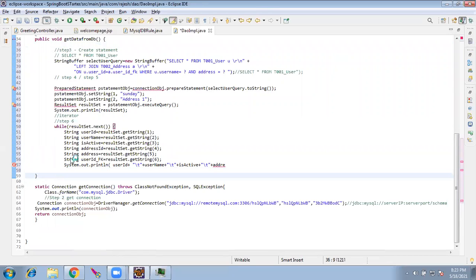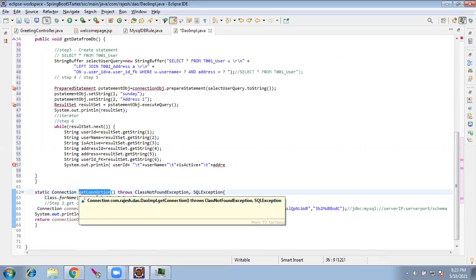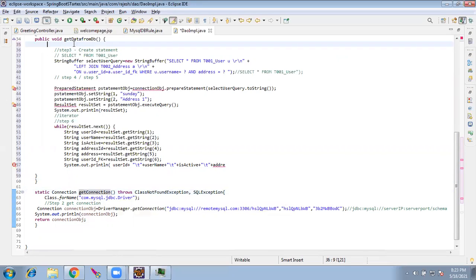I have this. These are all okay. Now to get the connection, I'll call this get connection. So I need to assign a connection object equal to this much.